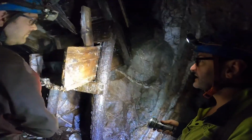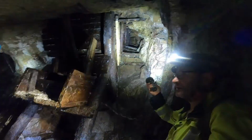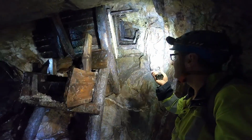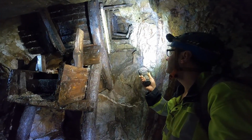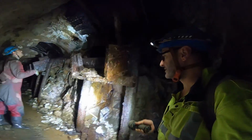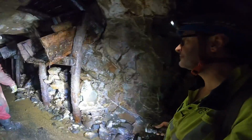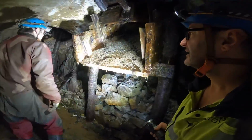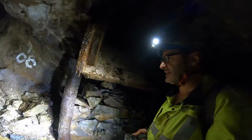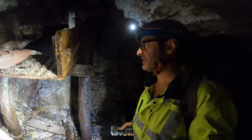Oh yeah, so this is the ore hopper, but this would have been laddered. This would have had a set of ladders to go up, but the ladders are long gone. Basically, it's a manway, the same as in Nenthead, where there's a manway next to the ore hopper. The width of them, a good 5 foot, and the size of them just tells you about the output of ore. Must have been